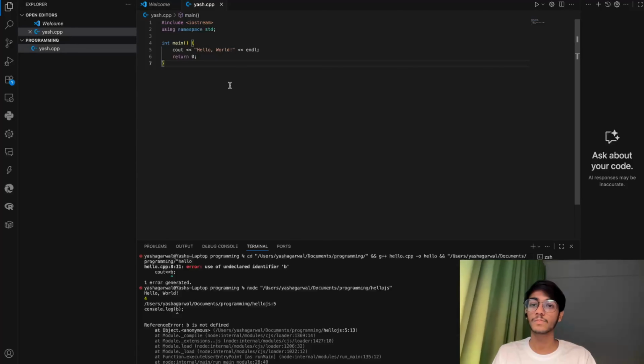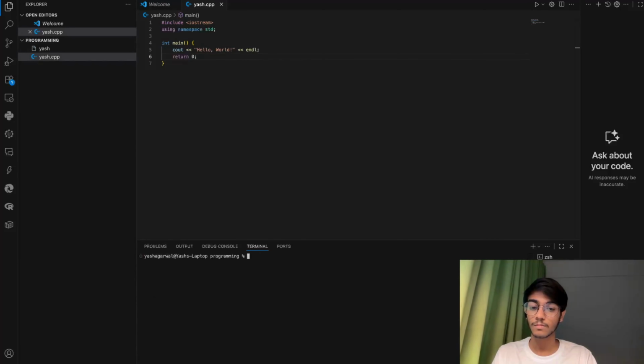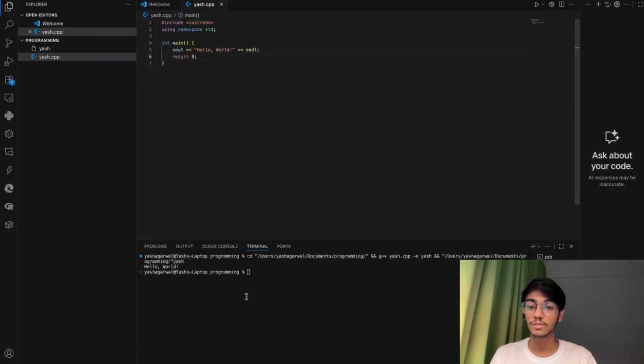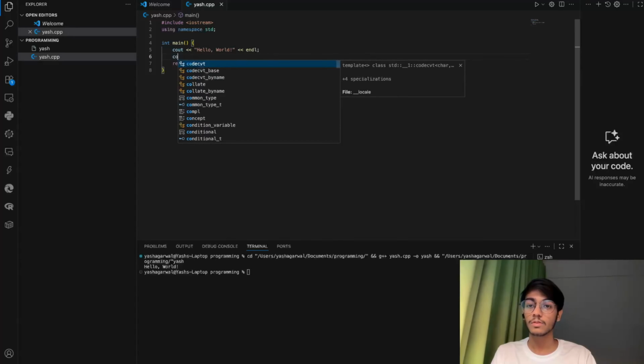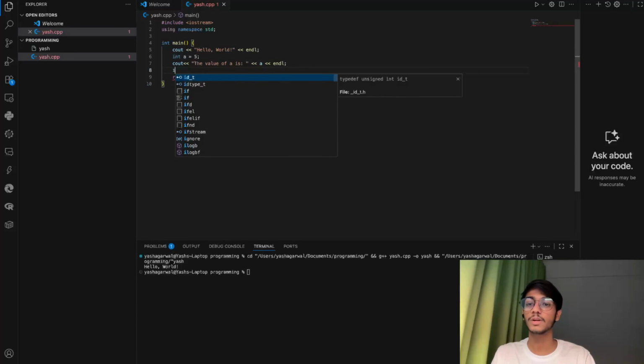So I've written a program. See, cout hello world. If I run this, I get a hello world. So cout is a command for printing into the console. Let's take a variable a equals 5. I'm just printing it. I'm just printing the value of a, and I'm printing again